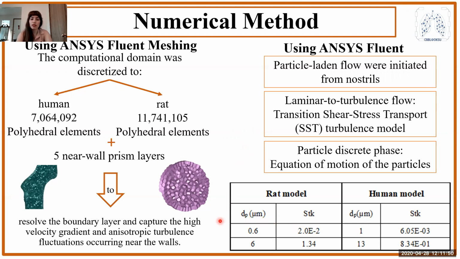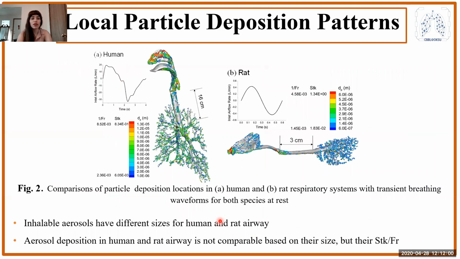For rat, it was between 0.6 and 6 microns, and for human, it was between 1 to 13 microns. And we injected the particles under resting breathing condition,